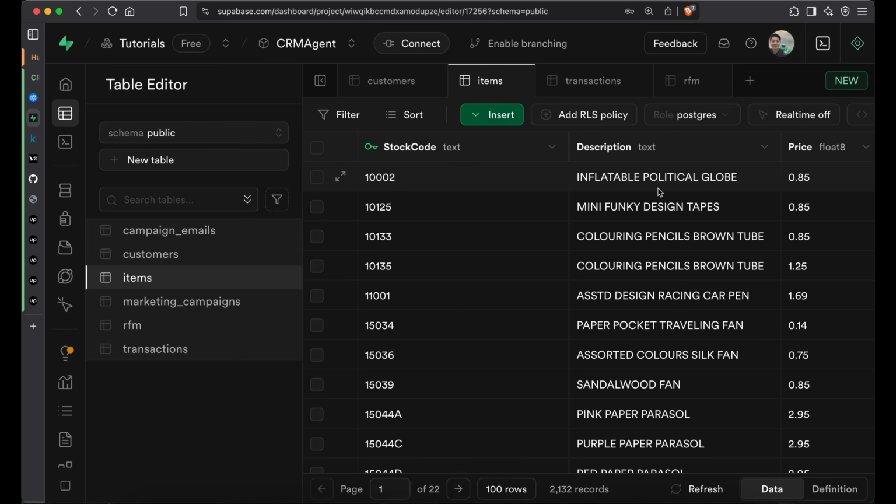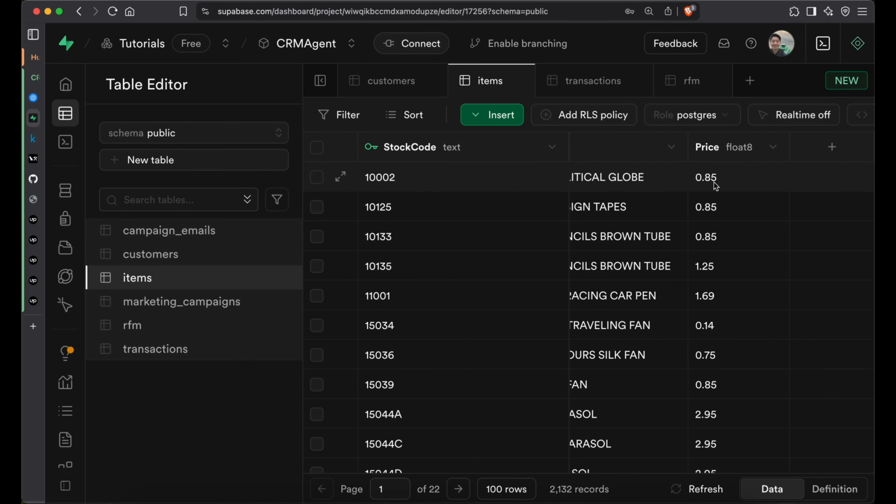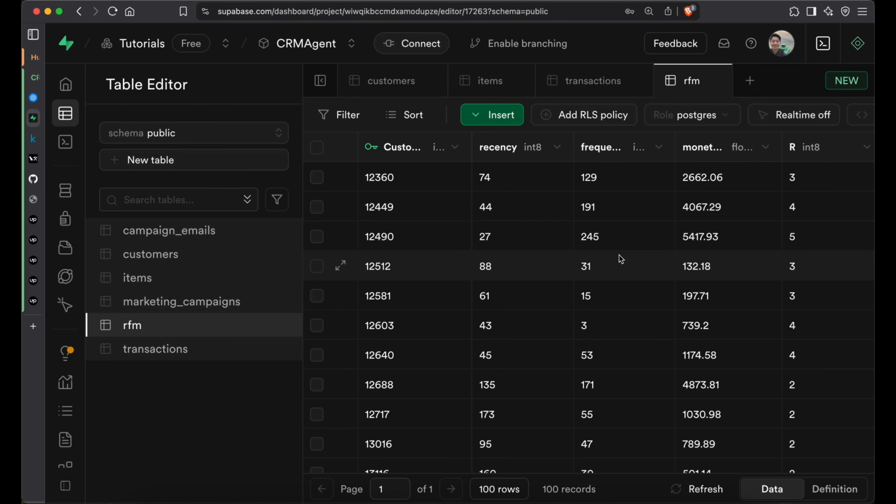So we have a description of each item as well as the price per unit. And then finally, this is a table that didn't come with the data set, but that we created. So this is similar to something that would be part of the business logic that you would have in your system, where for each customer, we're just pulling all of their transaction history